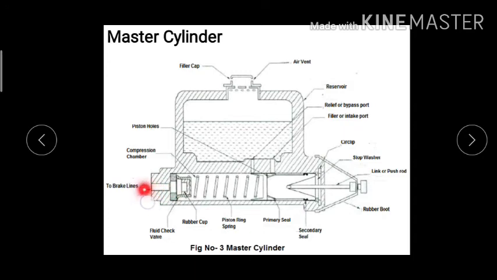In this way, whatever liquid has entered here will maintain the liquid throughout the cylinder, the brake line, and the wheel cylinder. So during the next application of the brake, the liquid level is not reduced; it is maintained throughout the master cylinder, the brake lines, and the wheel cylinder to which it is connected.